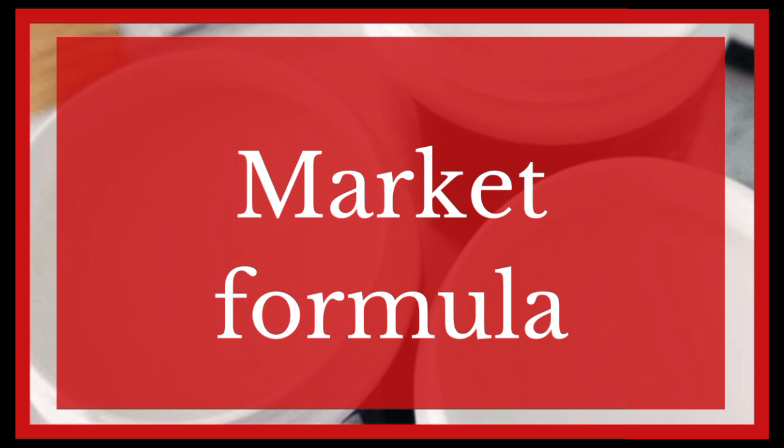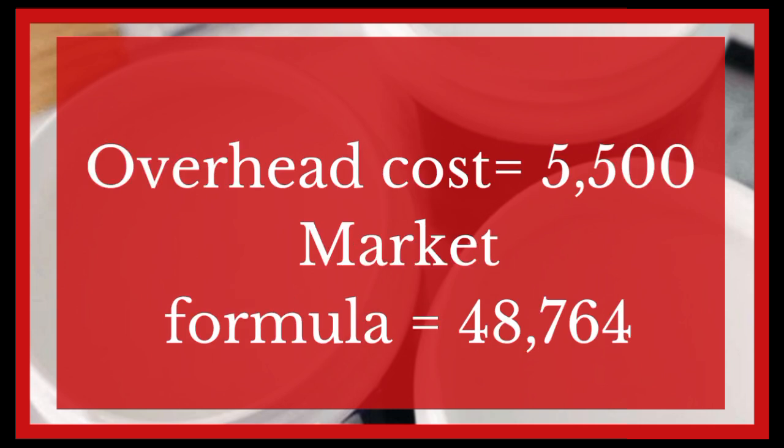Then we calculate the 100 naira, 200, 22,400, all the way down to the chemicals we have left. At the end of the day, we're going to have 40,788 naira. So when you have 40,788 naira, you add your 5,500 naira for your overhead cost. You understand? So at the end of the day, you're going to have